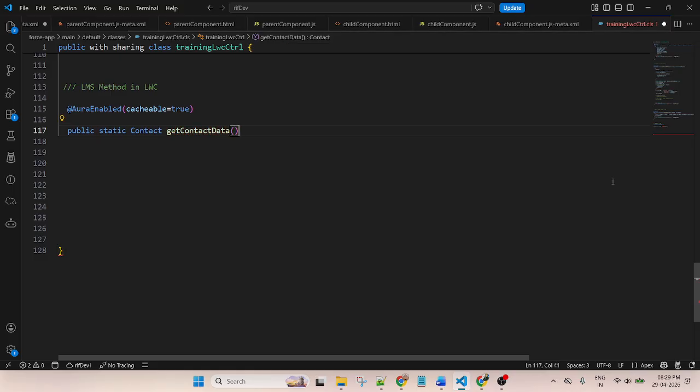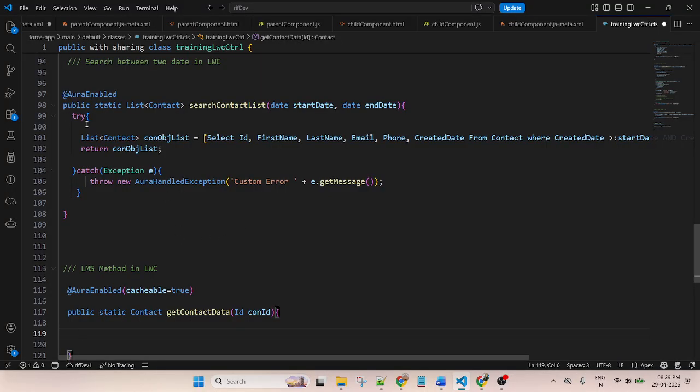Here use ID, conID. Based on this conID, I will retrieve data and display it. Similarly, use try and catch.